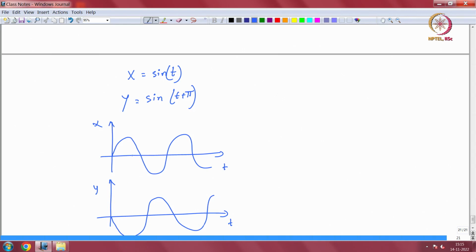So, you see here the two are almost in opposition. When h is 0, or the displacement between the two functions is 0, my rho